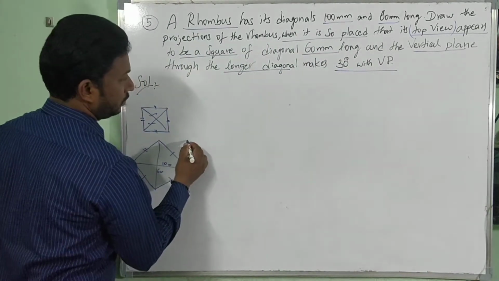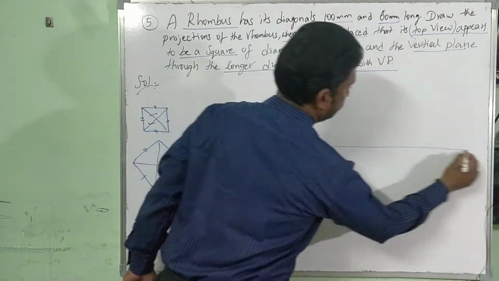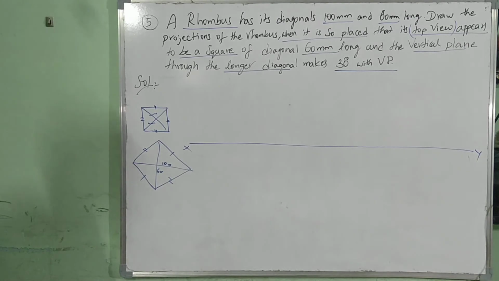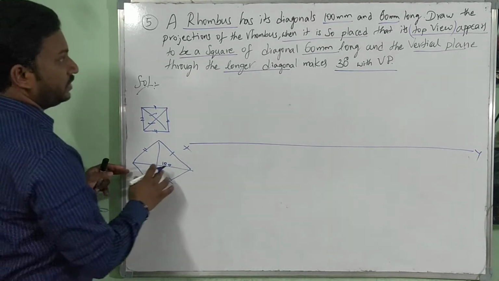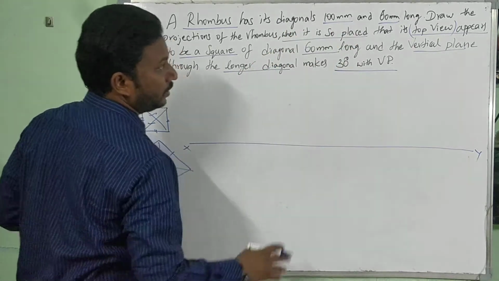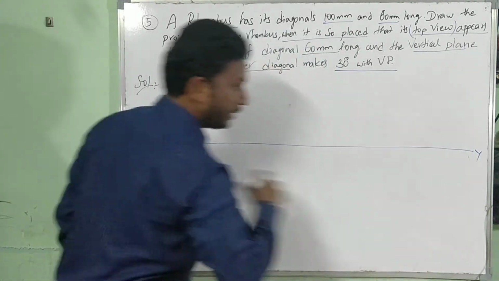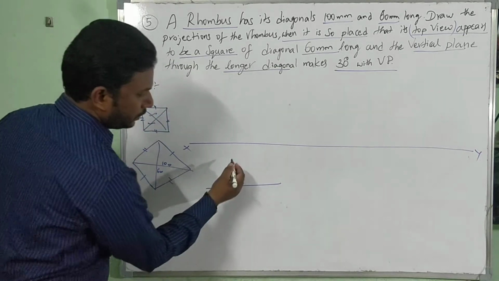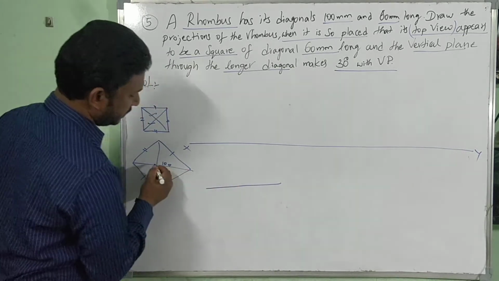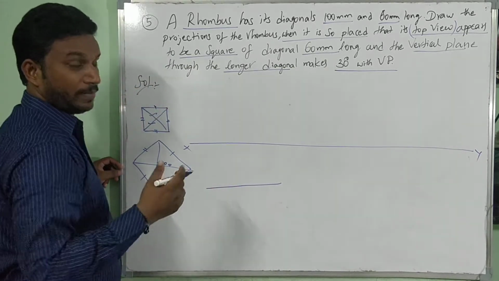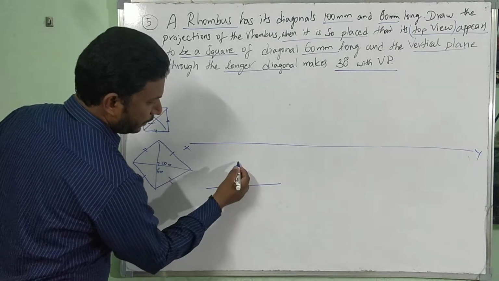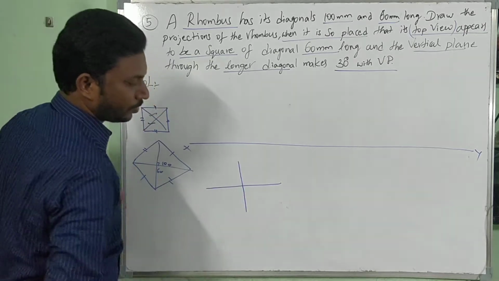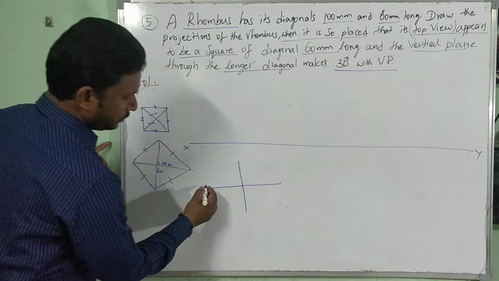Simple. So first step is try to draw stage 1, of the XY line. I have to construct a rhombus, right? Rhombus of this shape with 100 mm long, 60 mm long. I am taking horizontal 100 mm, a little bit big line. The shorter diagonal comes at the middle; diagonals intersect each other perpendicularly and bisect each other. At the middle, 60 means 30 from top, 30 from bottom. Diagonal, so just try to